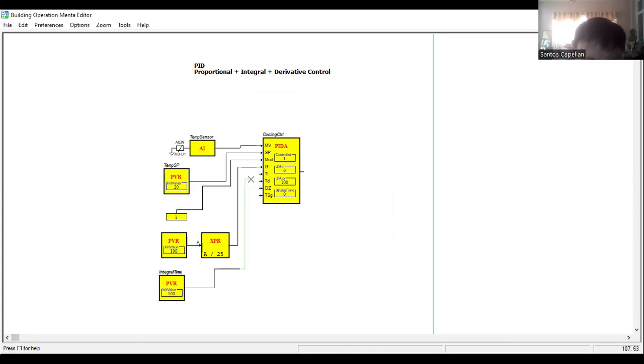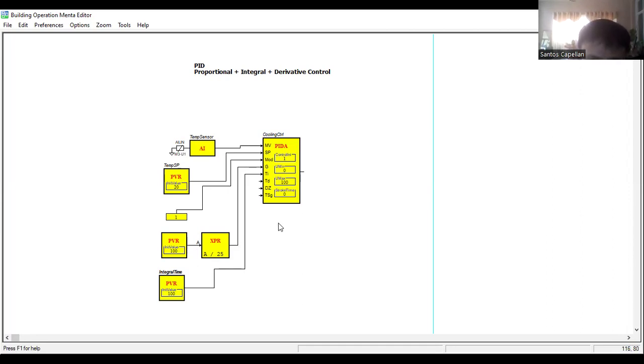Okay. Now actually, for these initial values, you need to check your control. Let's say you finish the air handling unit, then it's time for testing and commissioning. You will check how the valve responds to the change in the variables. Then you need to adjust these values, especially the integral time. Now you can try to adjust also the gain, but you need to observe how your control responds to some changes or some disturbance in the control system.